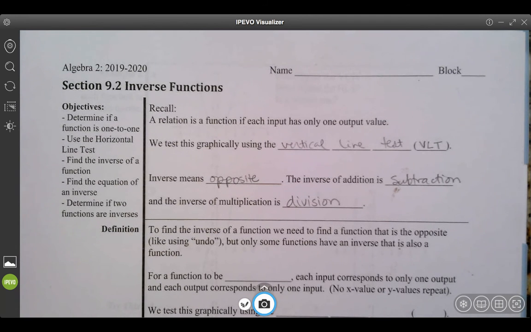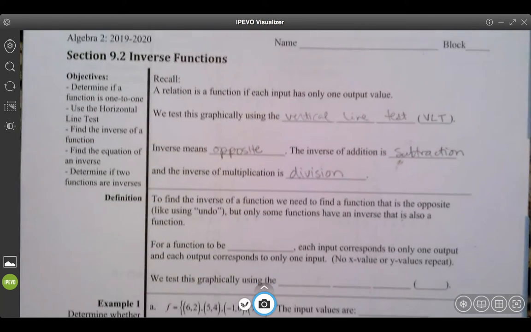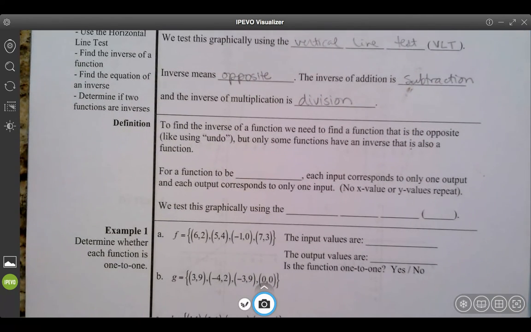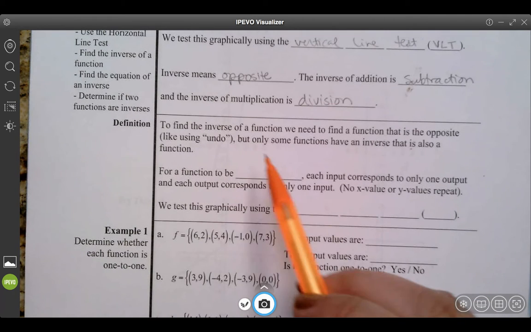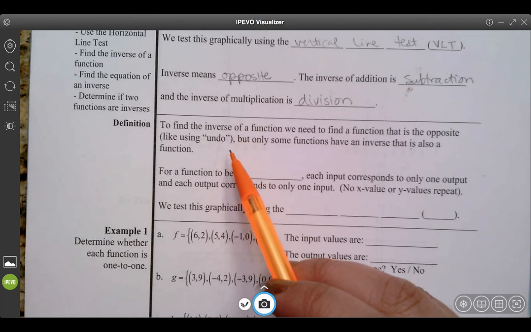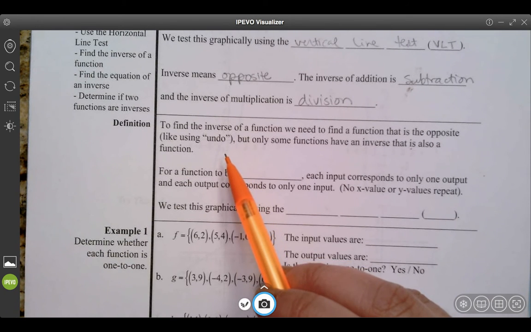So let's go ahead and look at the inverse of a function. We're going to define the inverse of a function as the opposite, kind of like undo. What I like to think of is hitting Control-Z or Command-Z on the computer, which undoes your last step. The inverse undoes what the function does, okay? But not